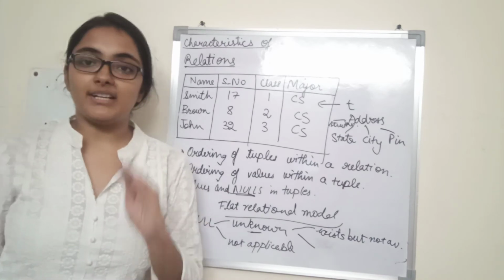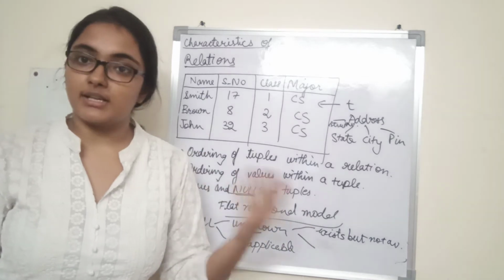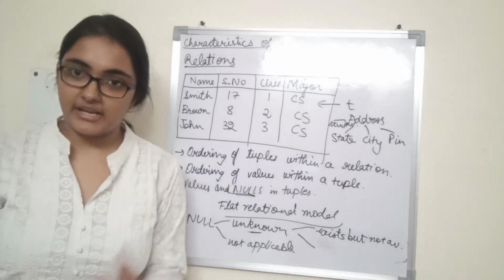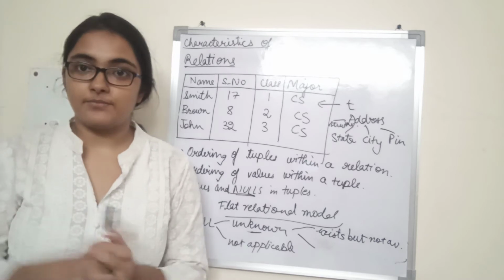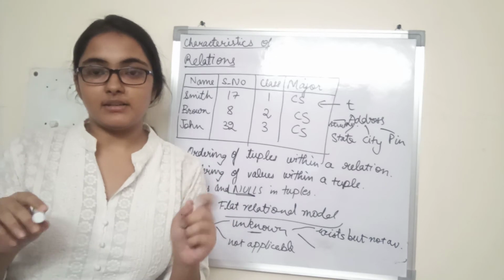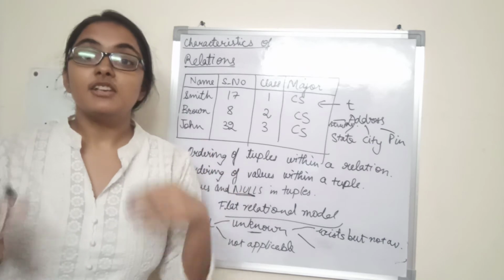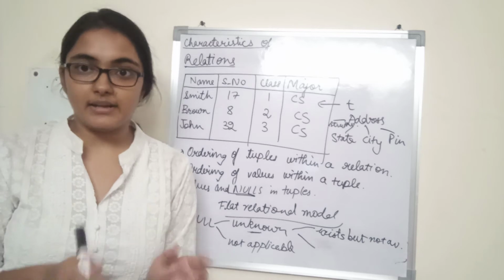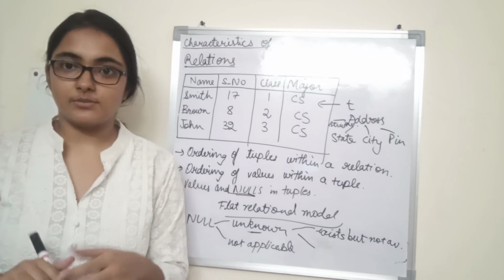So we have to avoid null values as much as possible because they lead to ambiguities, and while handling null values we have to be very careful. For example, if customer A and customer B both have addresses as null, what does that mean? Does it mean that customer A and customer B have the same address? We do not know, right? So for different types of null values under different situations we have to handle them differently. So it is best to avoid null values as much as possible.